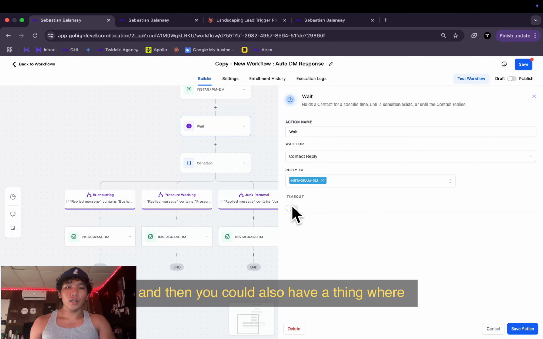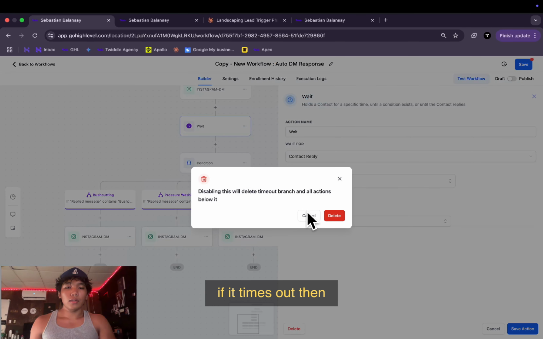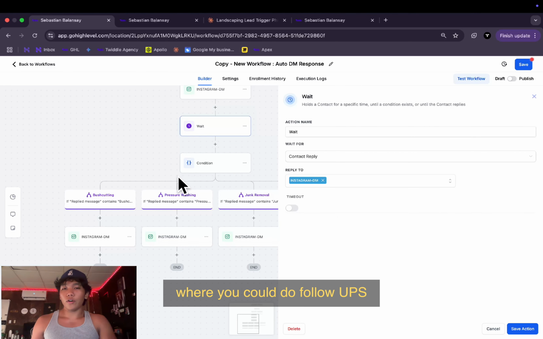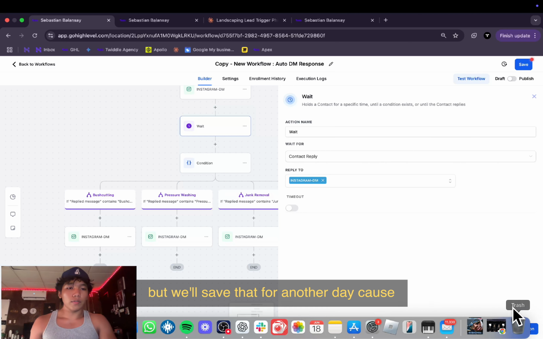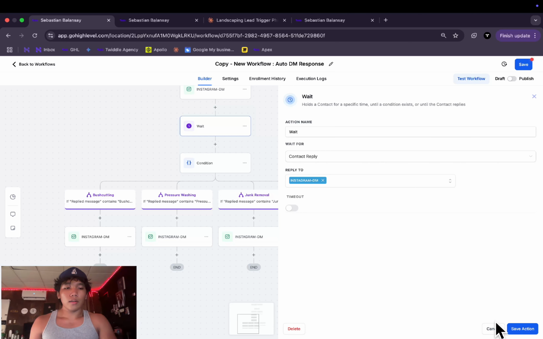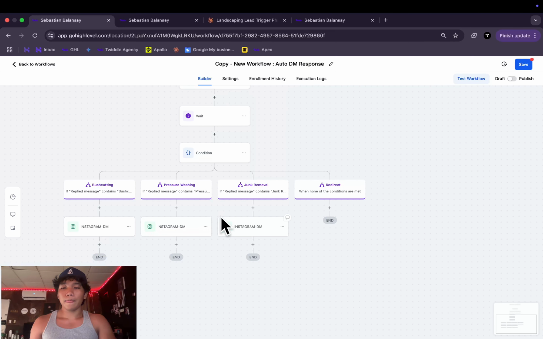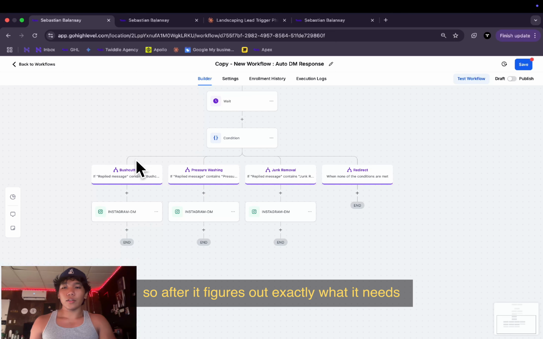And then you can also have a thing where if it times out, it will have a separate branch where you could do follow-ups and things of that nature, but we'll save that for another day, because at least for our cases today, we don't need that, right? So after it figures out exactly what it needs,